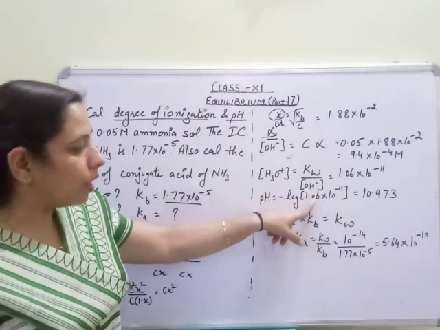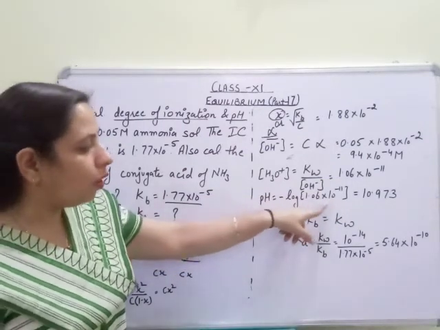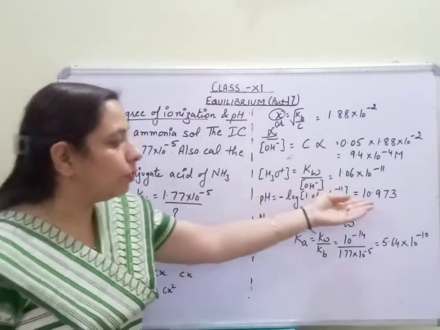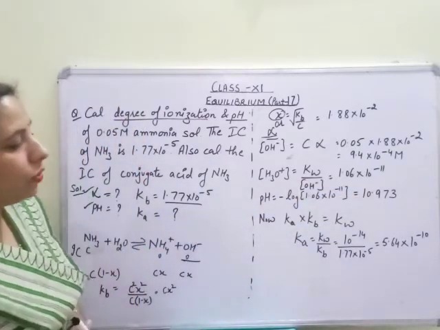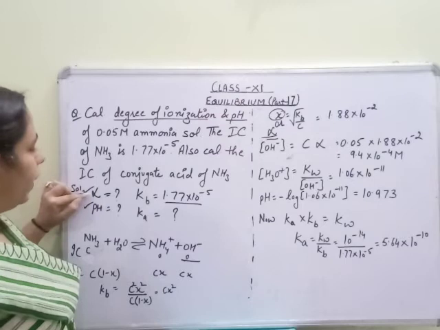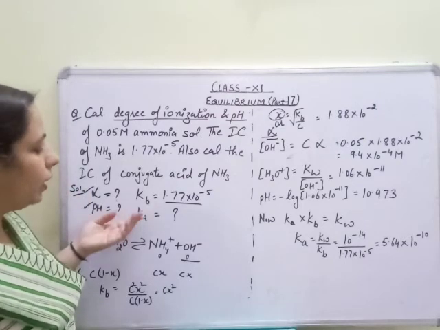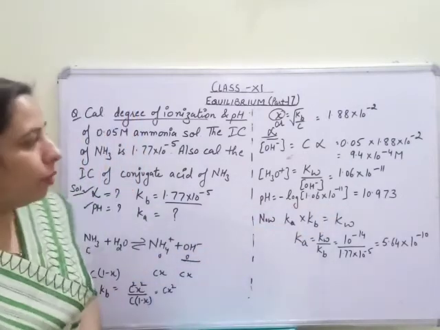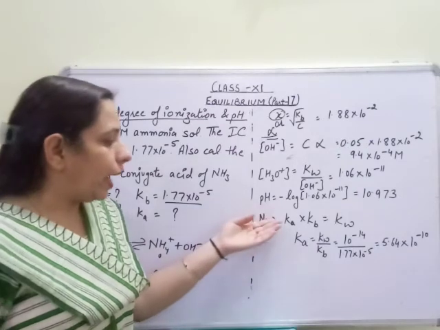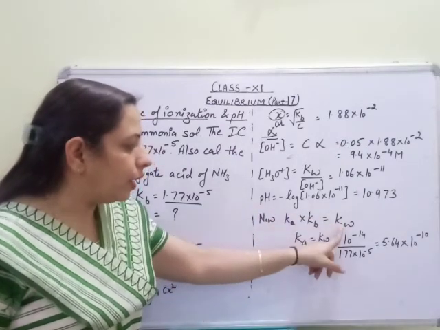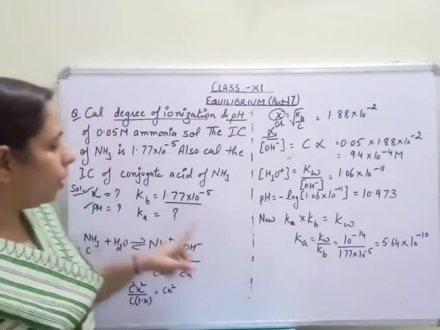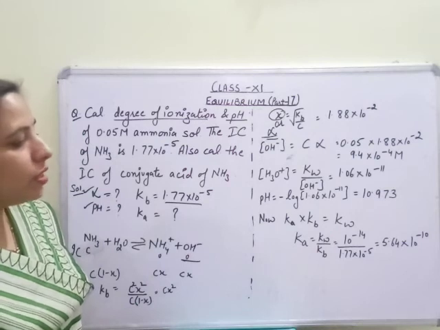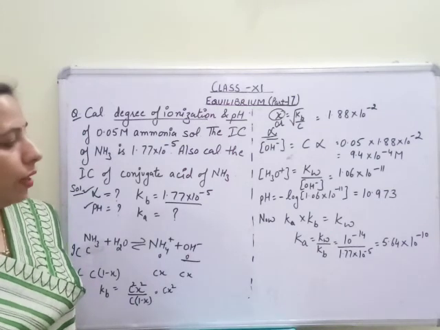We have also discussed how to find the log of such values. Calculating the log, the pH comes out to be 10.973. Now we have calculated alpha as well as pH. We are left with Ka only. Now we know the relation Ka into Kb is equal to Kw. Just now we have done. Ka into Kb is equal to Kw. Kw की वैल्यू हमें पता है कितनी है, Kb भी हमें गिवन था कितना है. By putting up the values, Ka is equal to 5.64 into 10 to power minus 10.